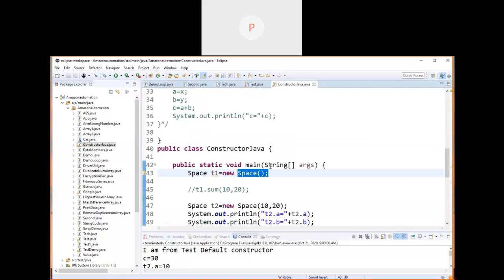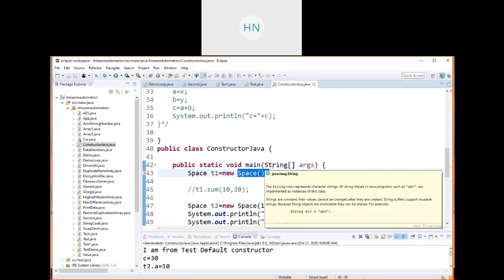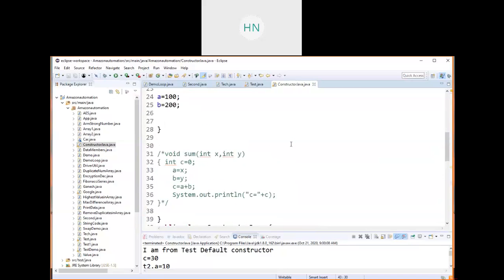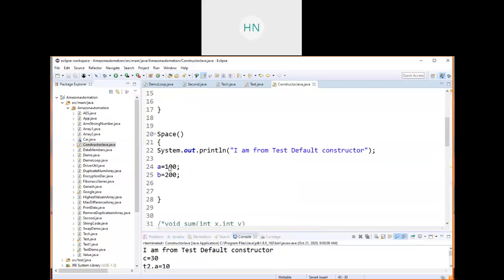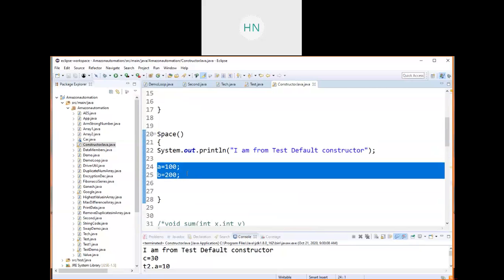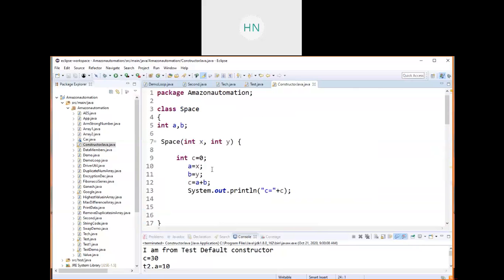If any of the points we listed, you will see it. The purpose of every constructor in Java is to initialize your objects. What is the purpose? To initialize your objects, assigning some values to your objects and data members in your class. So that is the main purpose.